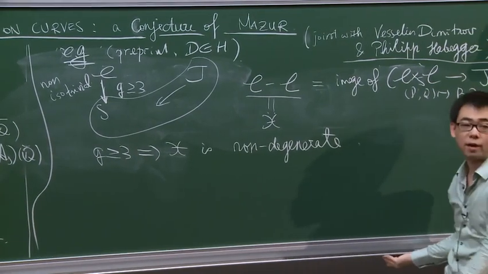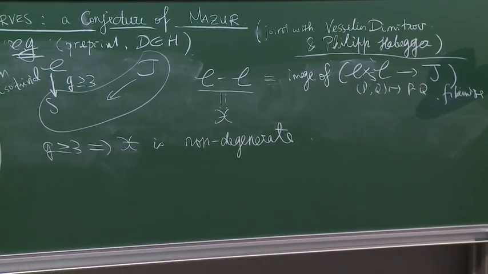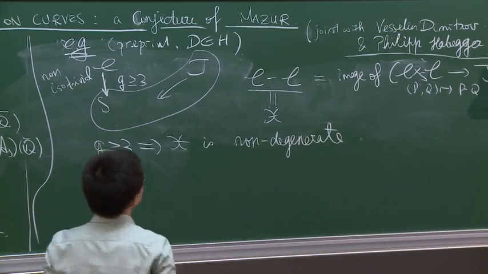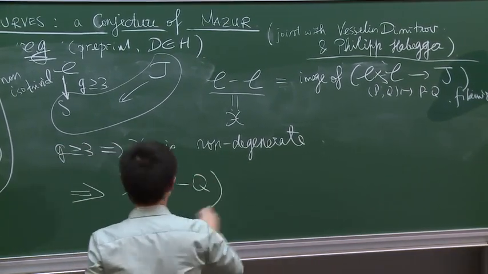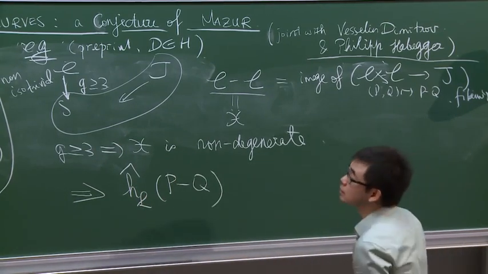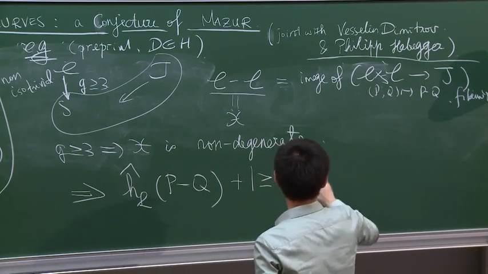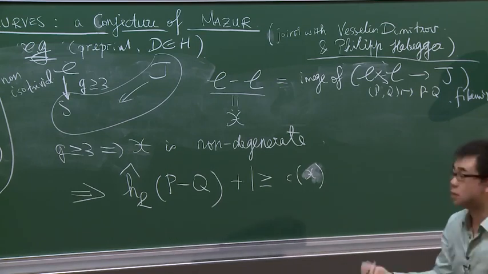Just by computation by hand, X will be non-degenerate by this geometric criterion. Now we can apply this height inequality. Then, if we take 2 points on the same fiber of C over S, which are equal to this C depending only on X, so S, so C, and so on,